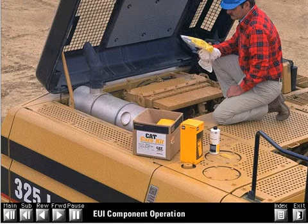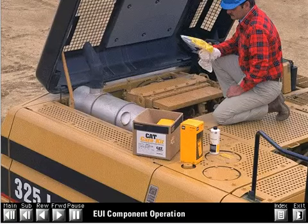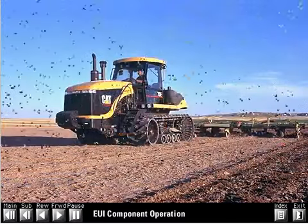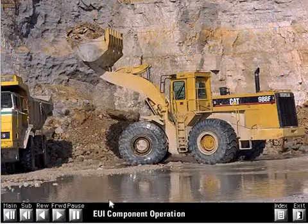Since the introduction of high-efficiency filters in these applications, there has not been a single case of a documented system wear-out. Follow-up investigation shows some former problem machines now have over 5,000 hours of operation with no sign of injector wear. There are many other examples of dramatic improvements in fuel system life using high-efficiency filters. The improvement